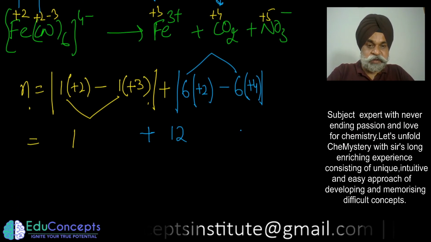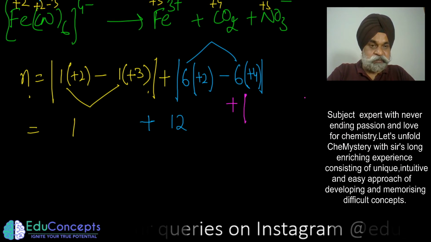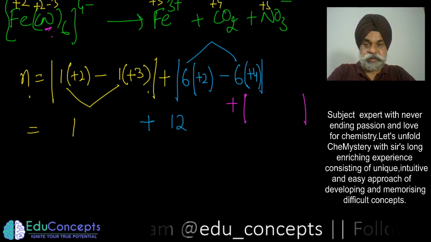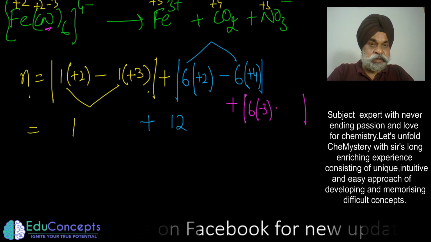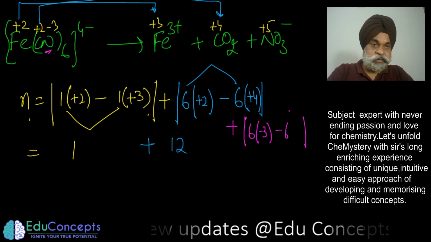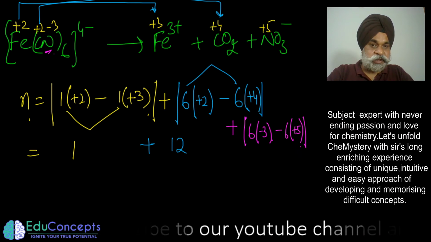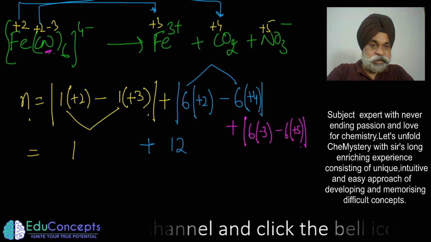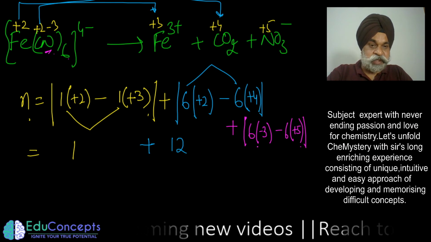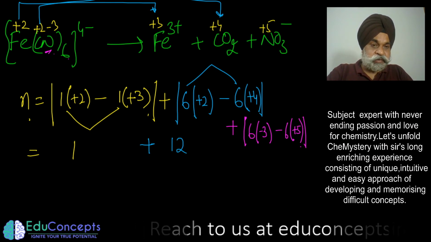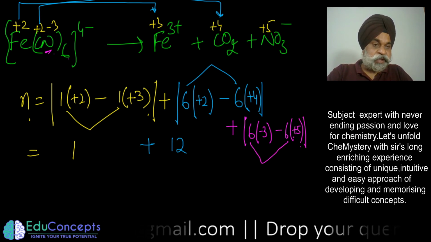Now the last part, which I may write here with a different marker, is the last one. Which one is it? That is the nitrogen. How many nitrogens do you have? 6 nitrogens which are in minus 3 oxidation state, and all those 6 are going to plus 5 oxidation state. Did you get the point? So 6 carbon, 6 nitrogen of minus 3 oxidation state, all those 6 nitrogens are going to plus 5 oxidation state.